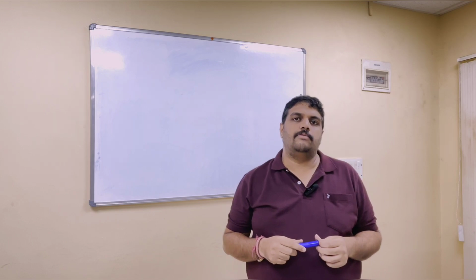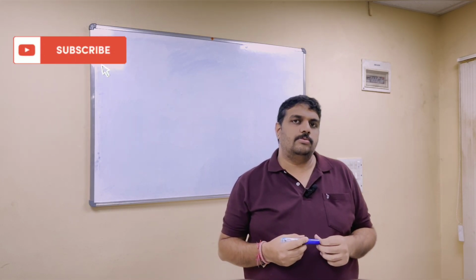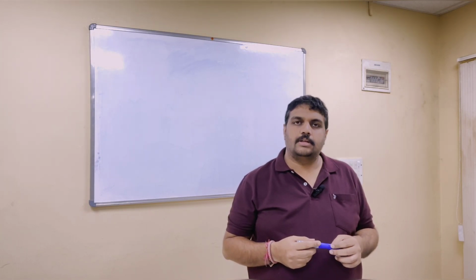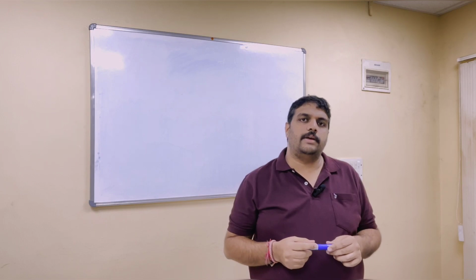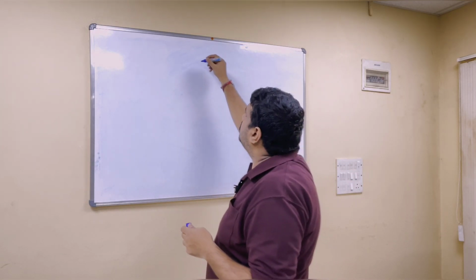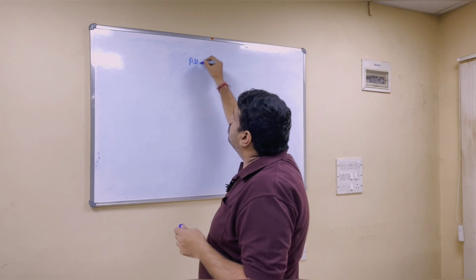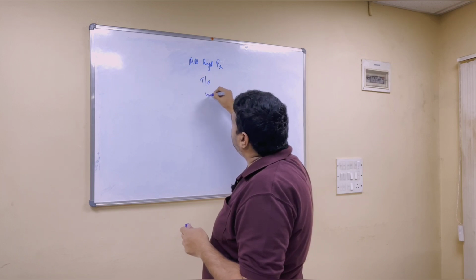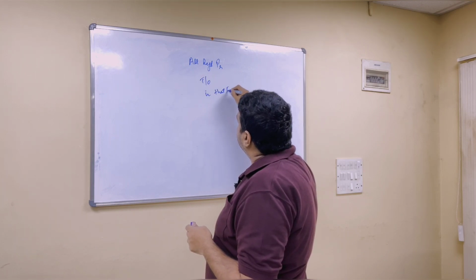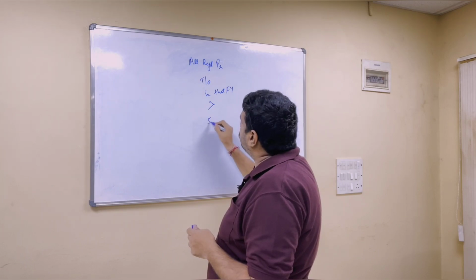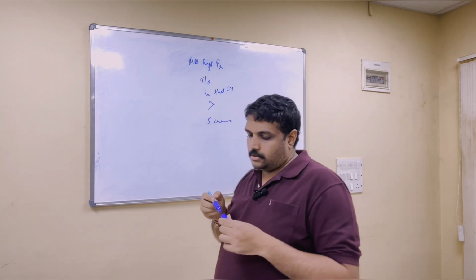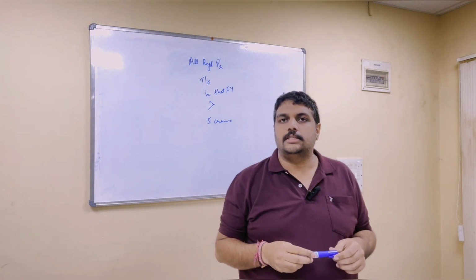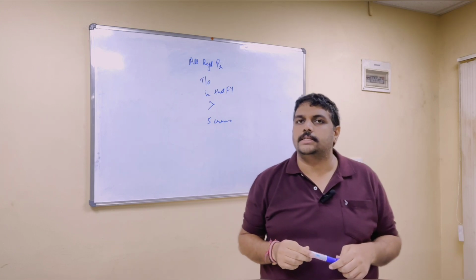The GSTR-9C, when we say, whom is it applicable to? Can anyone here answer? Correct. Turnover exceeding 5 crores in a financial year. So it is applicable to all registered persons whose turnover in that financial year is exceeding 5 crores. So GSTR 9 is applicable when turnover exceeds 2 crores and GSTR 9C is applicable when turnover exceeds 5 crores